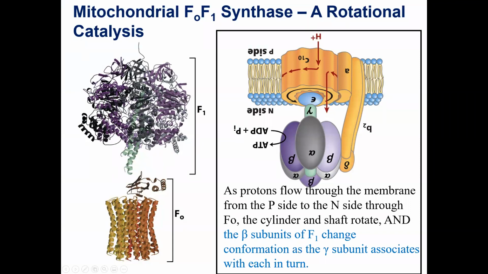Now this will take at least another half a class if I have to discuss how beautifully the enzymology of F0 F1 synthase works. How does it carry out this beautiful rotational catalysis, whereby it takes ADP and inorganic phosphate and makes ATP? But that's beyond the scope of this lecture. I want to show you that the structure has been solved, and you can see the F1 domain shown here, the one actually sitting in the mitochondrial matrix. And the F0 domain is mostly in the membrane, with some domains also on the N side, the matrix side.